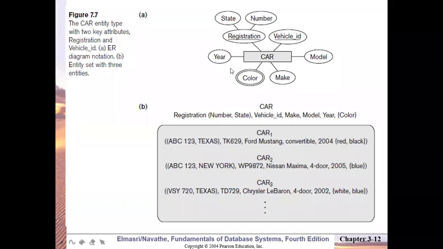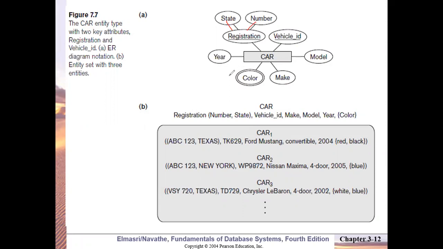Which attributes are there for the car entity type? Color, make, model, vehicle ID, registration and year. Out of this, which is a composite attribute? Registration, very good. Registration is made up of state and number. This composite attribute is denoted by ovals attached to the oval, composed of two values in turn.